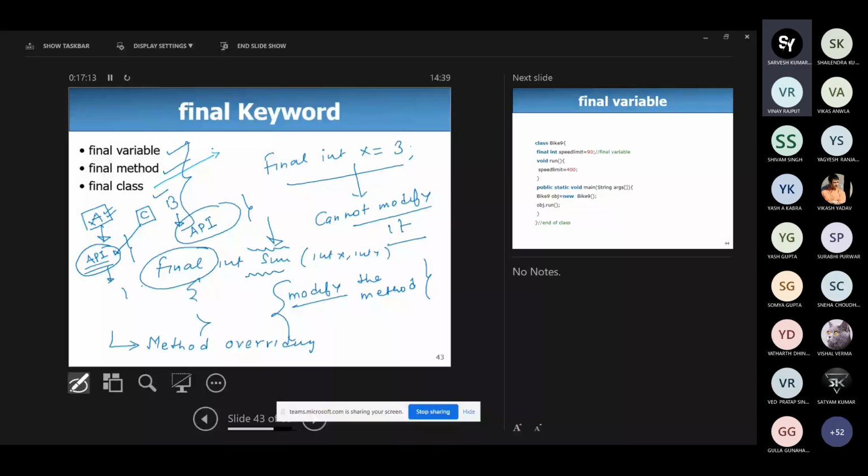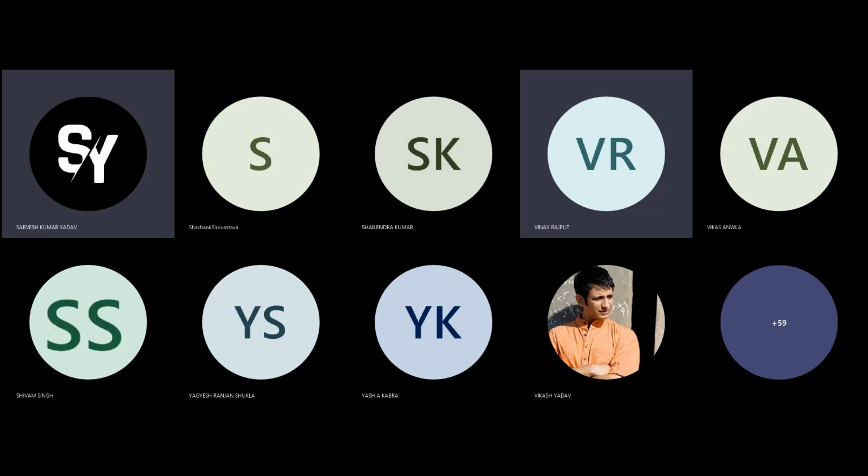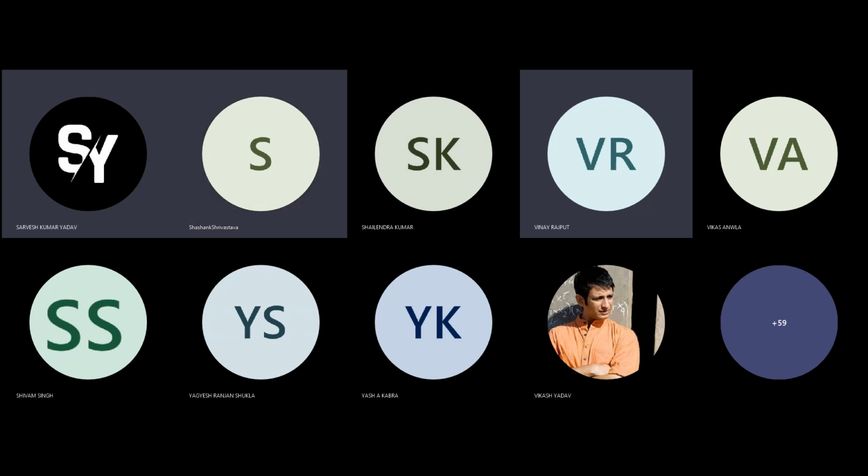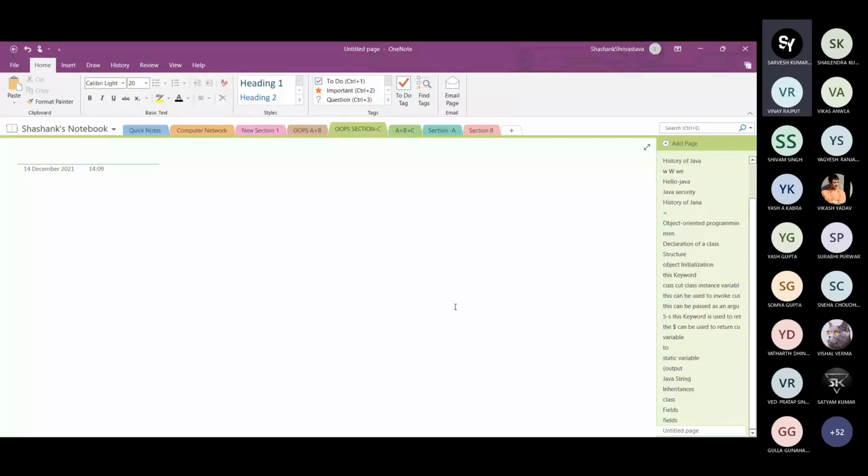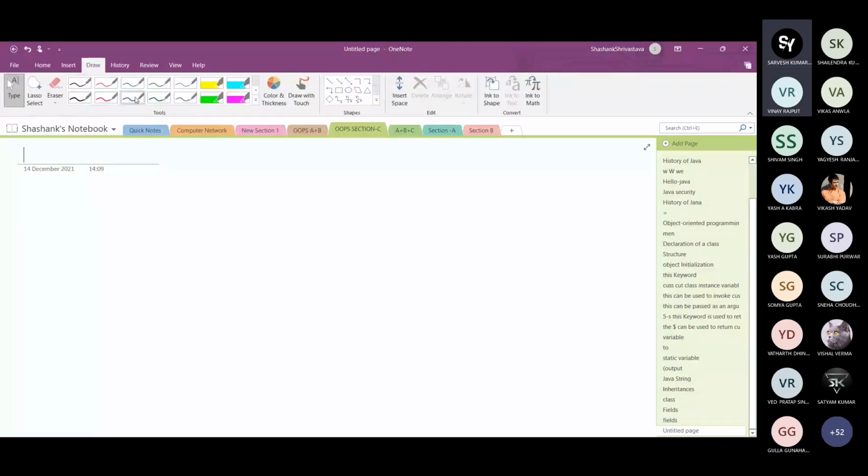So I just again go to the whiteboard. Okay, so the topic is, the next feature of object oriented programming is polymorphism.